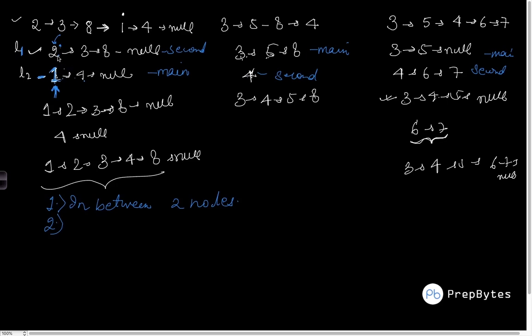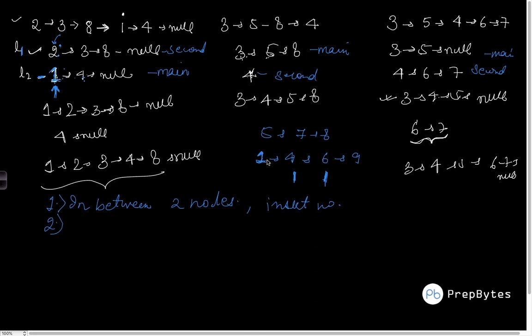The other situation is that 2 is greater than both of the nodes. So let's say in this particular situation, this is how it is. I think if the list would have been something like that, let's say we have 5, 7, 8, 1, 4, 6, 9. In this case, if I see that 5 is lying in between 1 and 4, I'll simply put it here. But that is not the case, so I'll go ahead. Now I'll check whether 5 is lying between this or this. So if the number lies in between 2 nodes, we simply insert the number, and then we go to the next node.